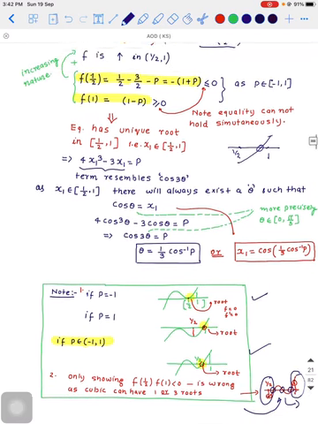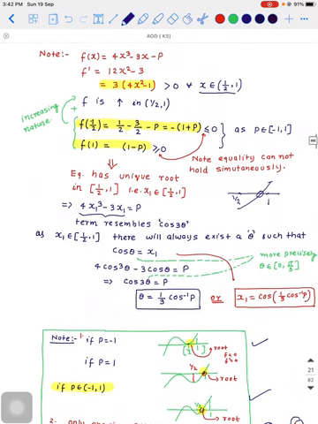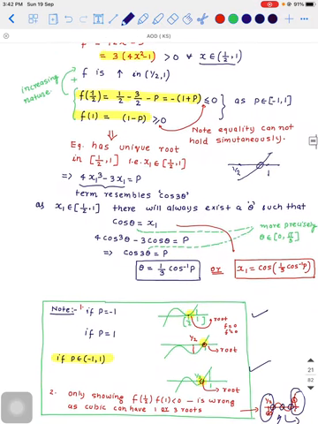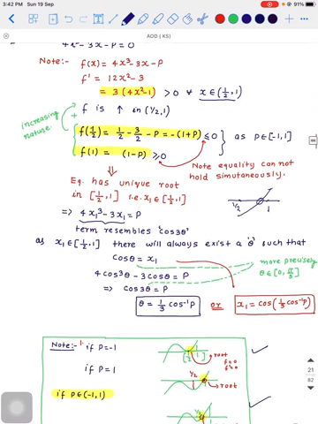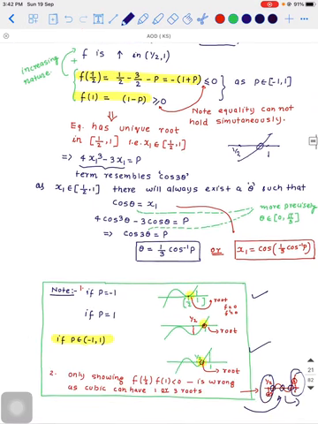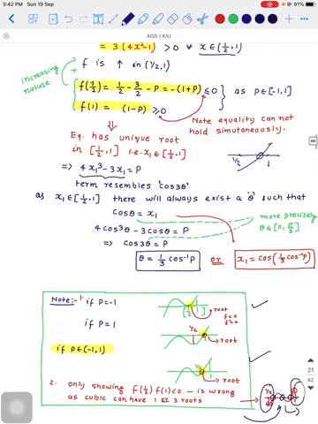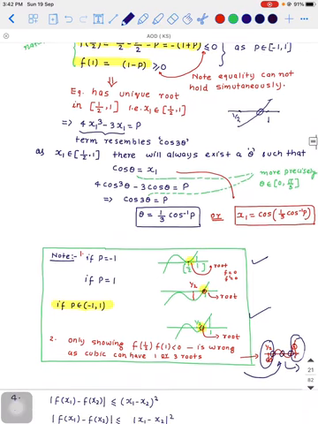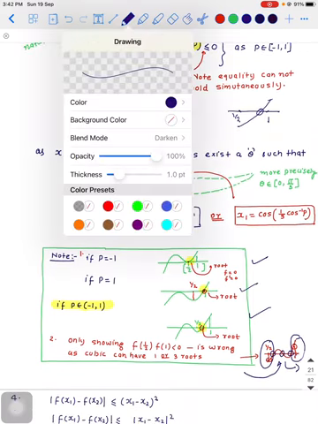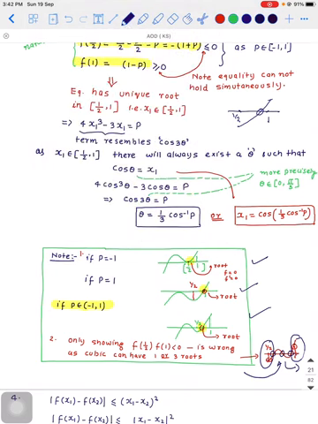At last, what I have done, I have just shown you the case when p equals minus 1. Student can say, sir, for p equal to minus 1, f of half is 0, as well as if you observe f dash is also 0. So the graph will be something like this. And at p equal to 1, f of 1 will be 0. So the graph will be like this. And if p is between minus 1 to 1, at half it will be negative, and at 1 it will be positive. In all the three cases there will be a unique root.